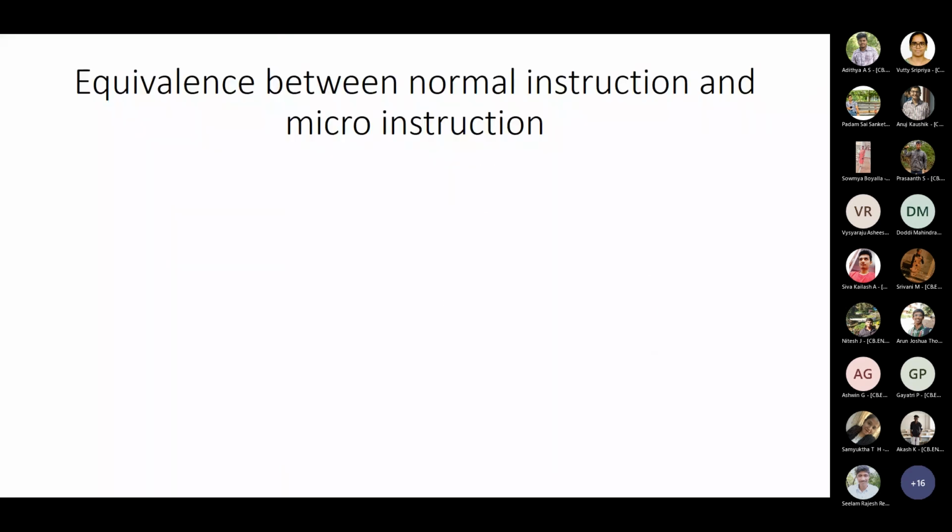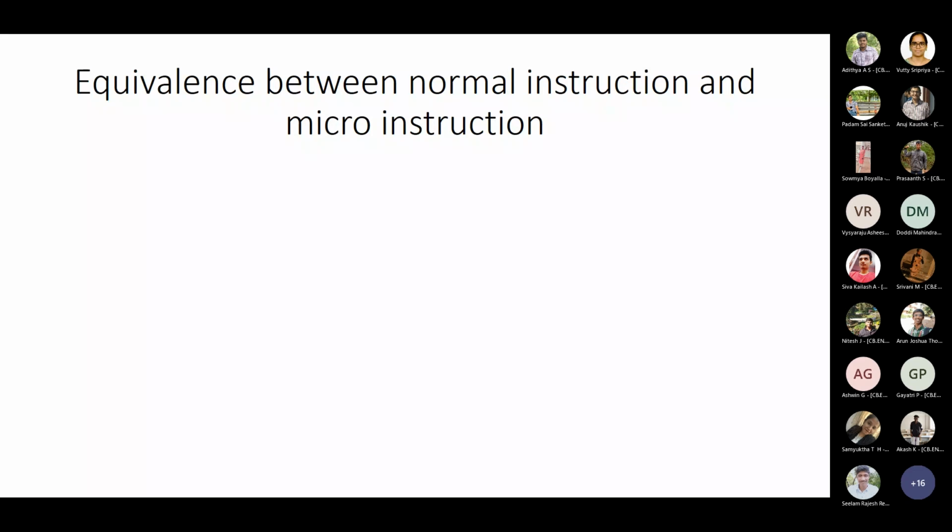Since the execution of a micro instruction is very much similar to the way you are executing a normal instruction, I thought before we jump into the deeper end of this, we will draw some equivalence between the normal instruction flow and the micro instruction flow, how they are executed, so that you will be able to easily understand the concept behind micro instruction execution, so that given any instruction, you will be able to write the micro instructions on your own, because ultimately that is the aim of this. So we will try to understand the commonality between normal instruction execution and micro instruction execution.